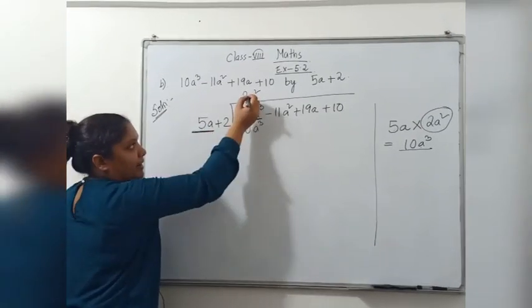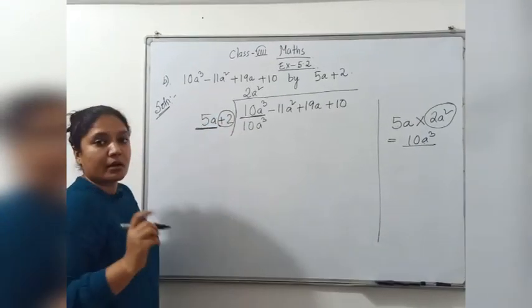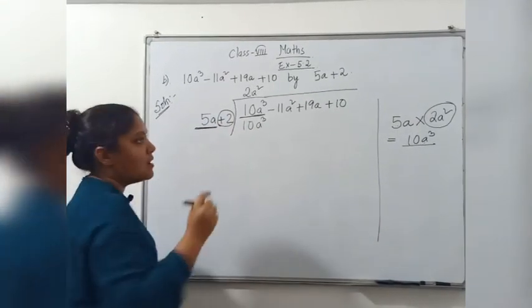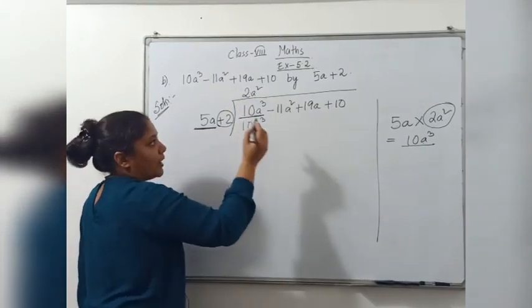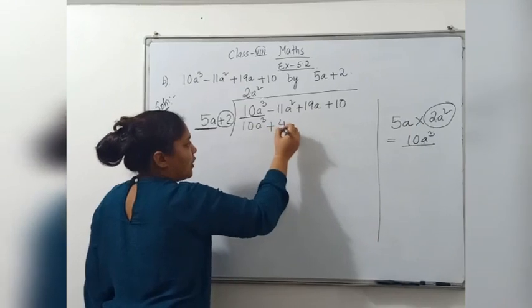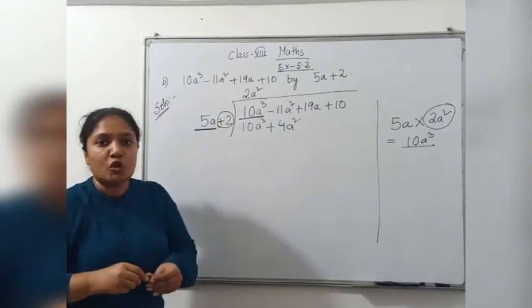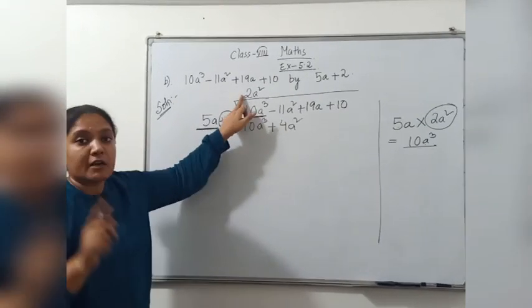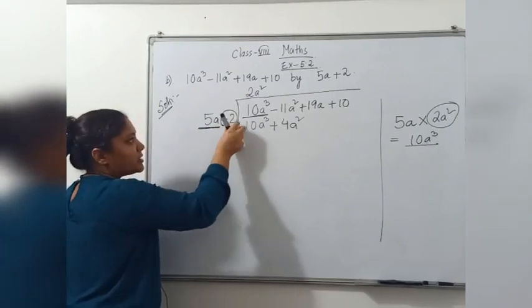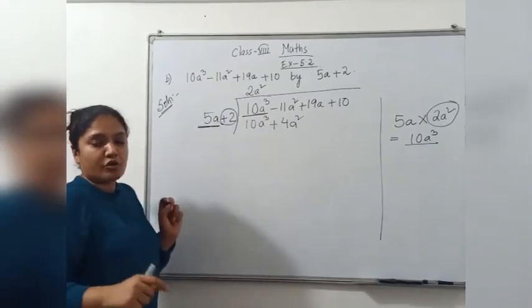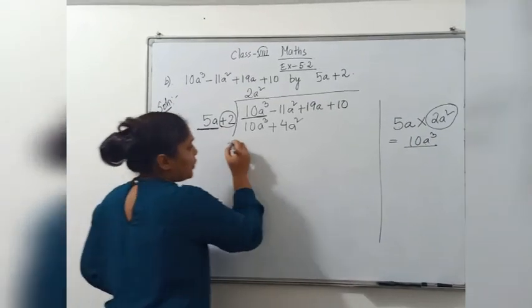With this we multiplied this. Now this number along with the sign. Remember, we have to take the sign also. Now what is this here? 2. 2 twos are 4. 4a square. So plus 4a square. See, first you find this number, the first number, first you multiply this with this, then you multiply this with this also. You have to multiply with both the numbers. Remember this. After that, we will subtract.